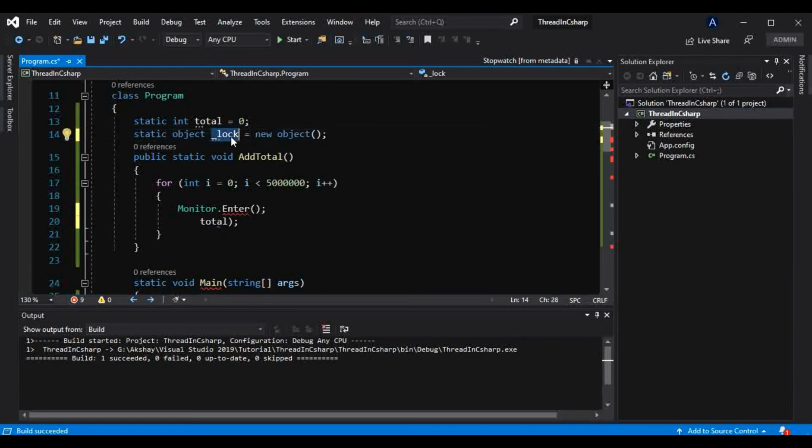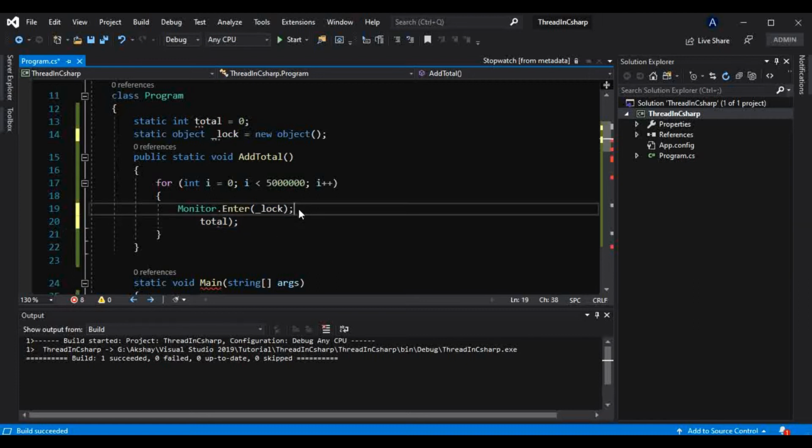So I have to pass that object here, and what it is doing is indicating that only a single thread, that thread is nothing but an object. We know that each and every type ultimately is converted into object, that is, each and every type in C# is inherited directly or indirectly from the object class. That is why we can create an object like this and pass it here, and this indicates that only a single thread can access this variable.